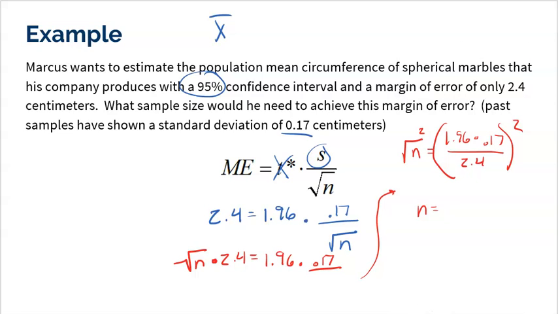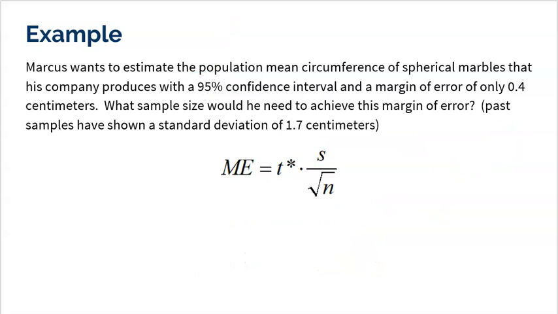I did all the math correct, but at the end of the day, I just chose parameters that don't make sense. And I just want you to be aware that this does happen. I hope that the AP would never give you a problem like this. They're going to give you a problem where it actually works out. So let's do a second version of this that's very similar to this one where it does work out.